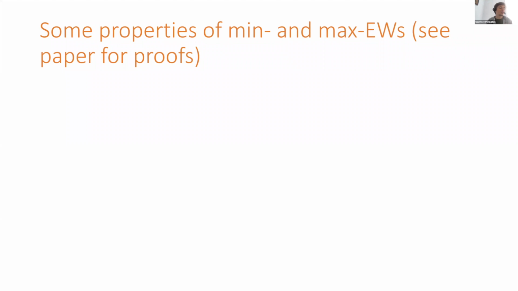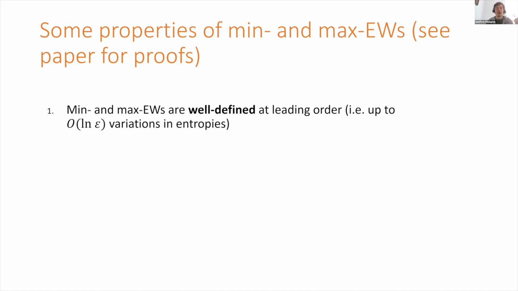Okay, so let me very briefly state some properties of these min and max EWs that are true and that you would need to be true, so encouraging signs. The first is that they're well-defined things. When I define things as the largest wedge satisfying some property and the smallest wedge, there actually is a unique largest wedge and smallest wedge. There's a partial order on wedges from one containing another, not a total order. So it's non-trivial that's true, but it is using the properties of these smooth min and max entropies.